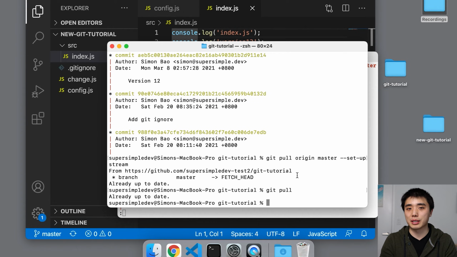Now, why do we do things manually with Git? It's the same reason that we do things manually for the version history. We don't want our code to be automatically updating unexpectedly while we're writing our code. We want to make sure that our code still works before we're ready to update it. So if you're writing code and things are syncing automatically, there's a high chance that you get all these unexpected updates and your code will stop working. So that's why for Git, we always do things manually.